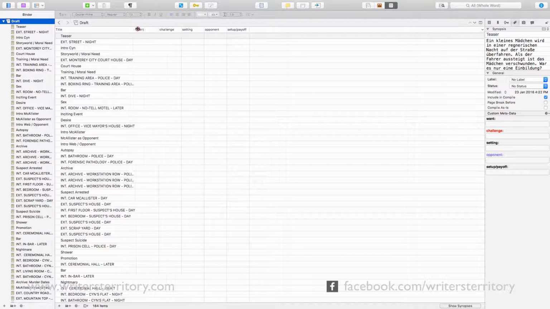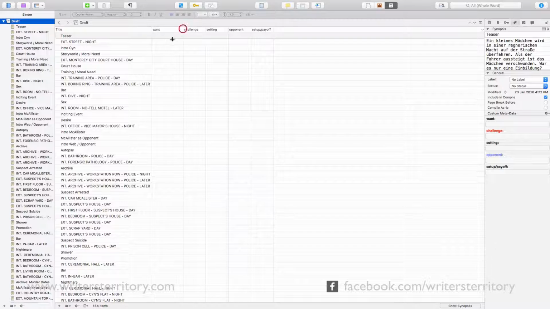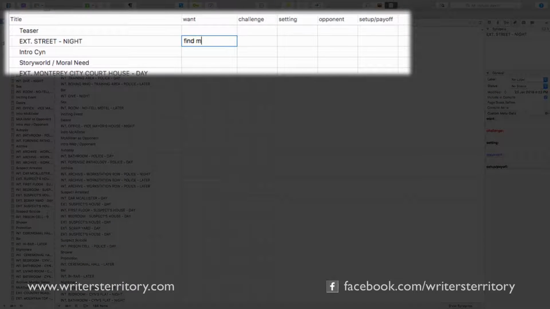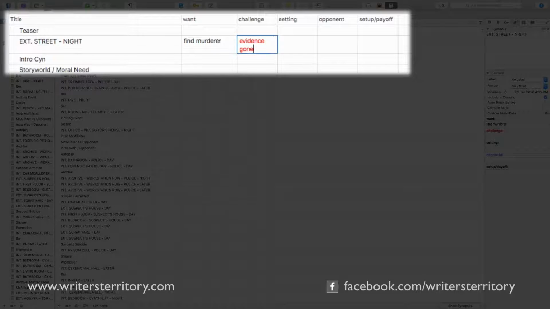As you can see, this is kind of a spreadsheet that you can now use for your outlining or for your brainstorming process. Just go through each scene line by line, assuming you have one Scrivener document per scene, and put the necessary information in each field. I find this is a very convenient way to brainstorm and also to track what is happening in each scene, so you don't get lost during your writing process.